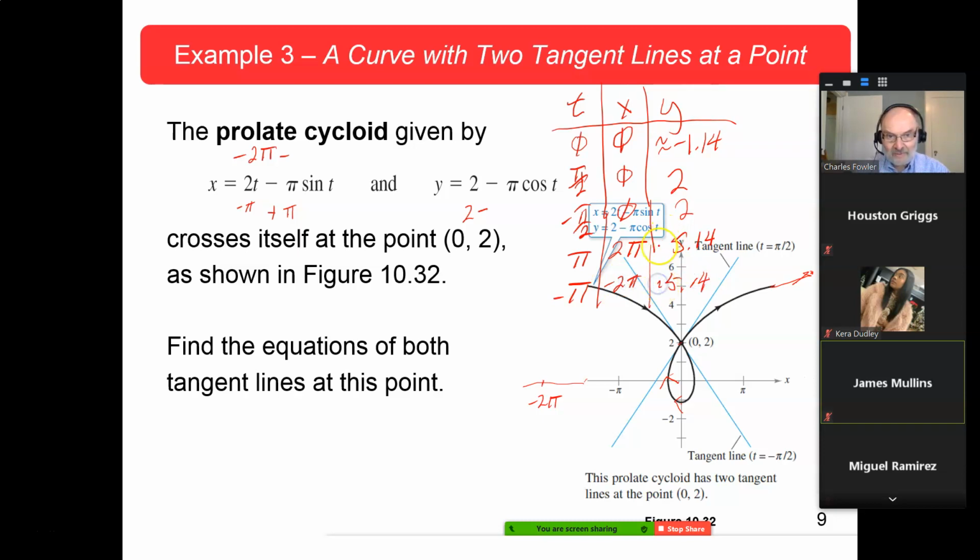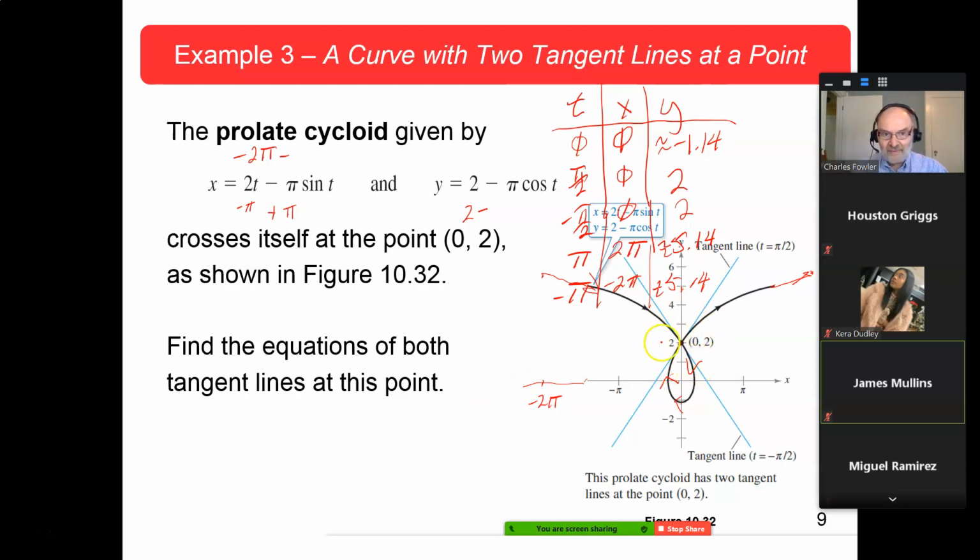These are approximate numbers here. Okay, and that would be somewhere around here. And sure enough, we seem to be coming in that way, going down this way. So there's our curve. They graphed it right. We didn't have to do that, we just did. They tell us this prolate cycloid, which we just drew, they drew it for us and we just verified it, given by these guys, crosses itself at